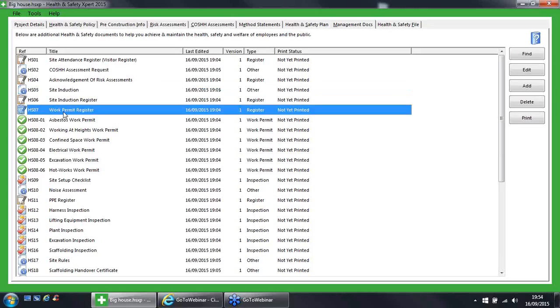Okay, so work permits, let's have a quick word about that. You'll see here we've got work permits for 6 of the most high-risk areas: asbestos, working at heights, confined space, electrical work, excavations, and hot works. What the work permit does is you basically brief your staff at the start with your site induction to say,